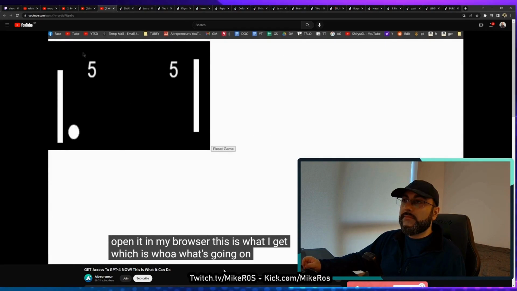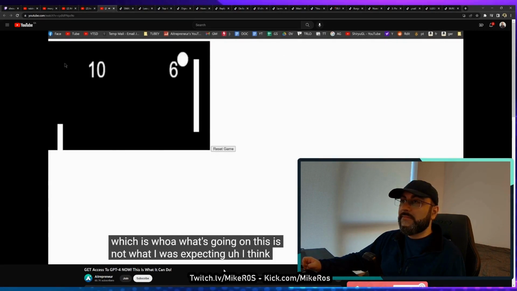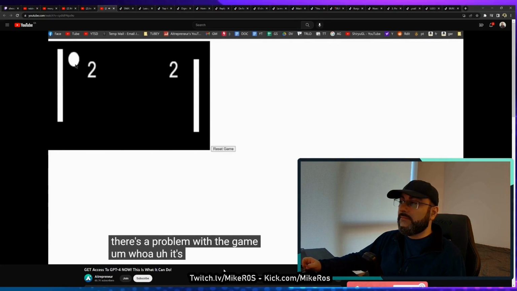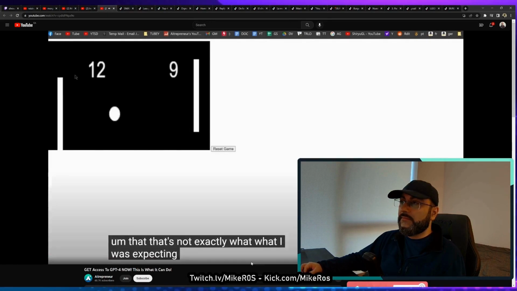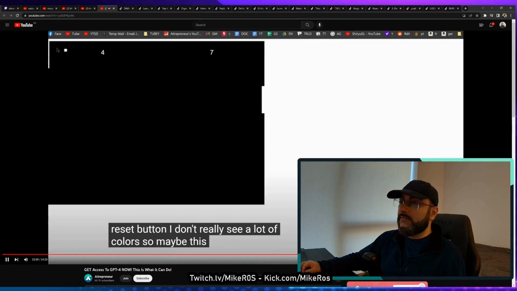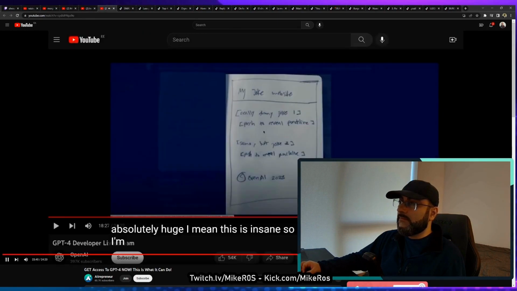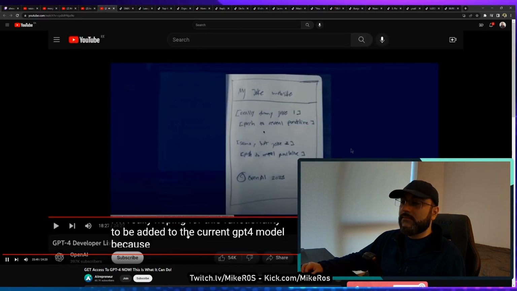And now, if I open it in my browser, this is what I get, which is, whoa, what's going on? This is not what I was expecting. I think there's a problem with the game. It's going a little fast. That's not exactly what I was expecting. Maybe this is something that I could add by really hoping for this functionality to be added to the current GPT-4 model, because the day that